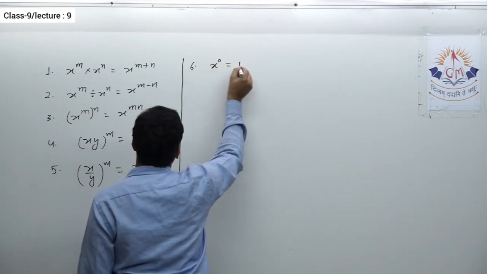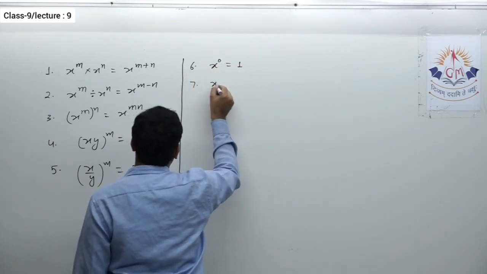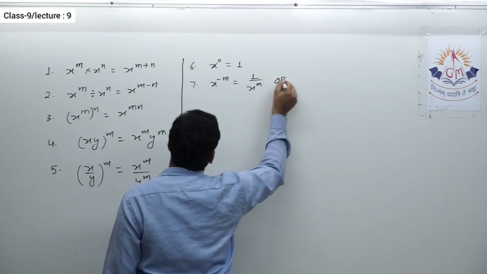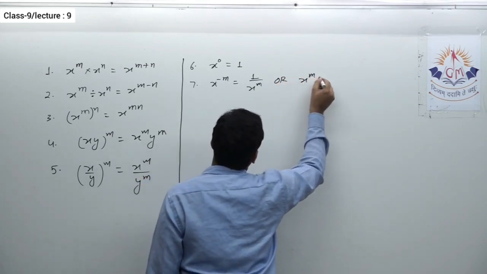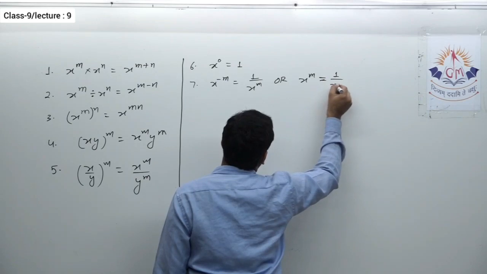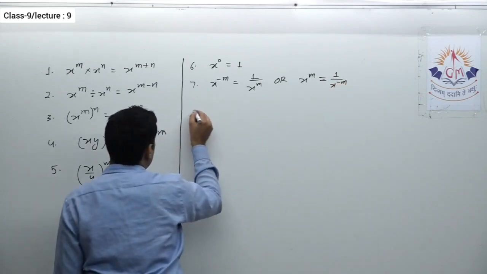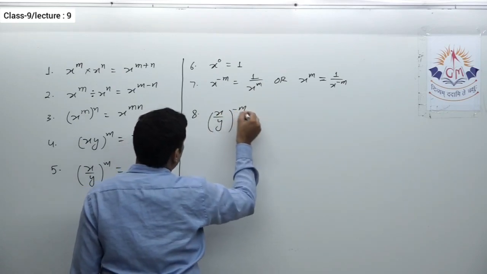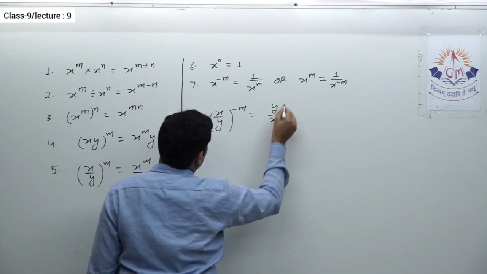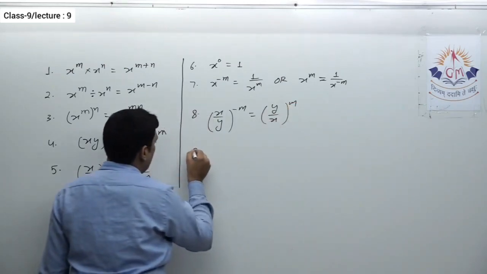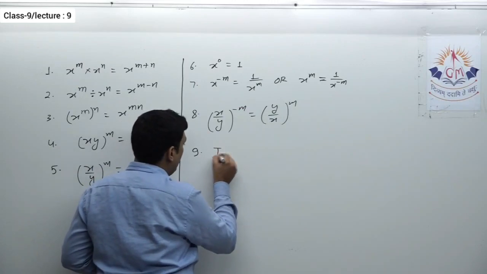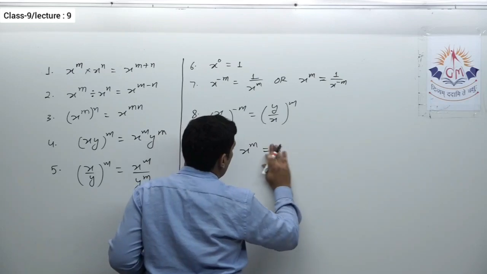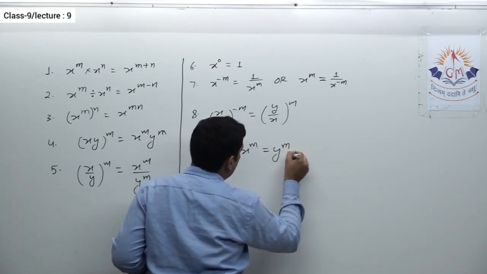x raised to 0 is equal to 1, then x raised to minus m is equal to 1 upon x raised to m, or x raised to m is equal to 1 upon x raised to minus m. Okay, then the eighth one I can say, x upon y raised to minus m is equal to y upon x raised to m. Then the ninth one, if x raised to m is equal to y raised to m, then